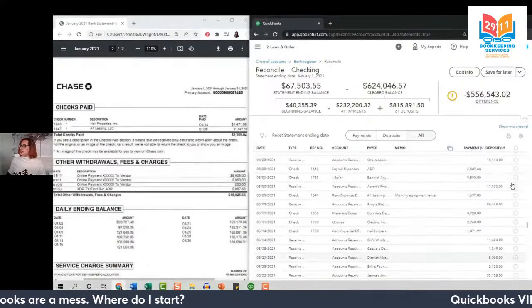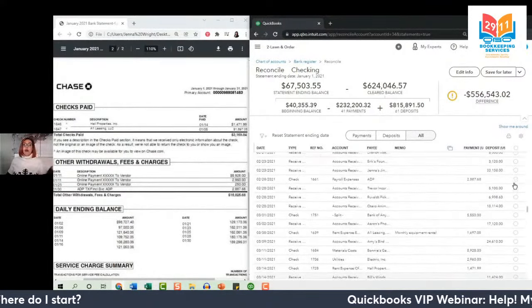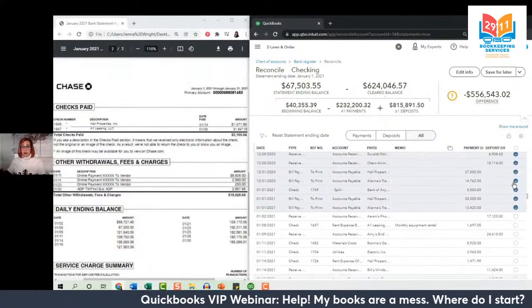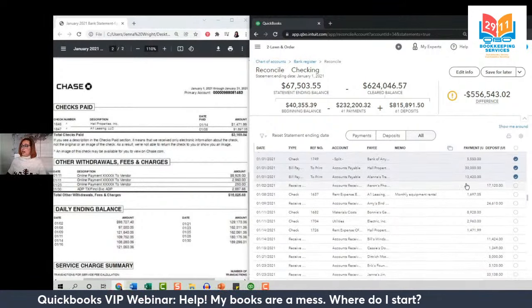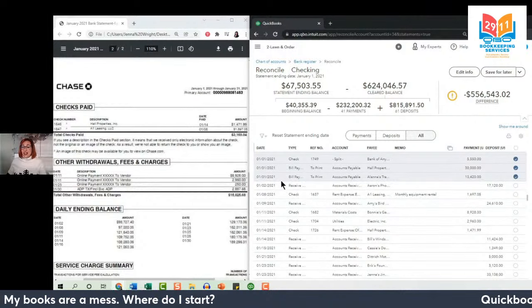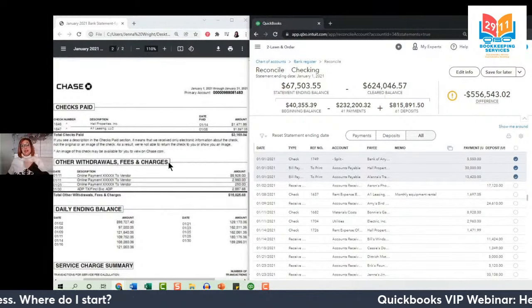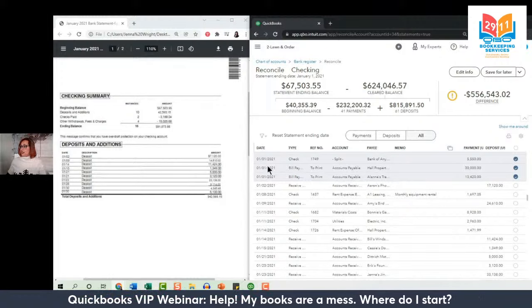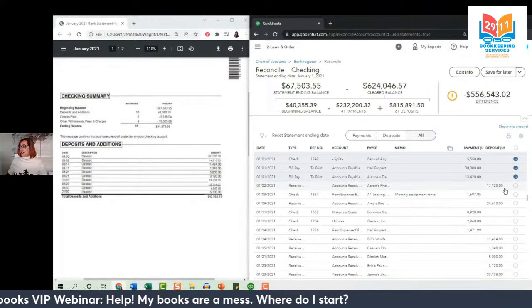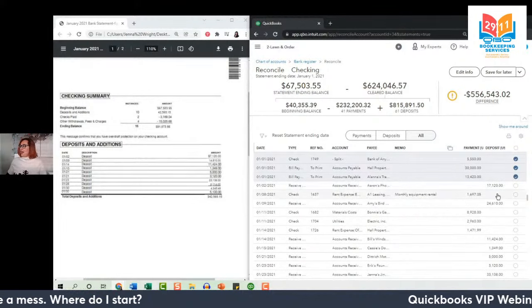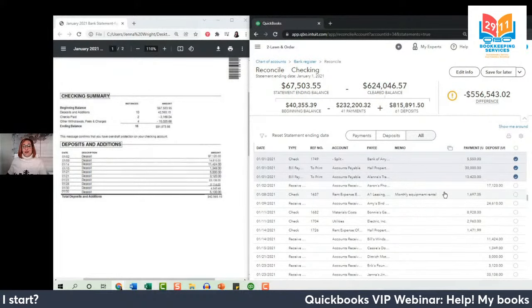You want to pay special attention to the cross from that period of time. So December into January of 2021, because that's where we're trying to clean up. And you want to also make sure that the transactions that are not checked off are the ones that appear on the statement, especially towards the beginning of the month. So let's go back to our deposits. First one is on January 2nd, 7120. Here's January 2nd. Well, it's 17,120, so maybe that's off by 10K, but that is probably the same transaction.